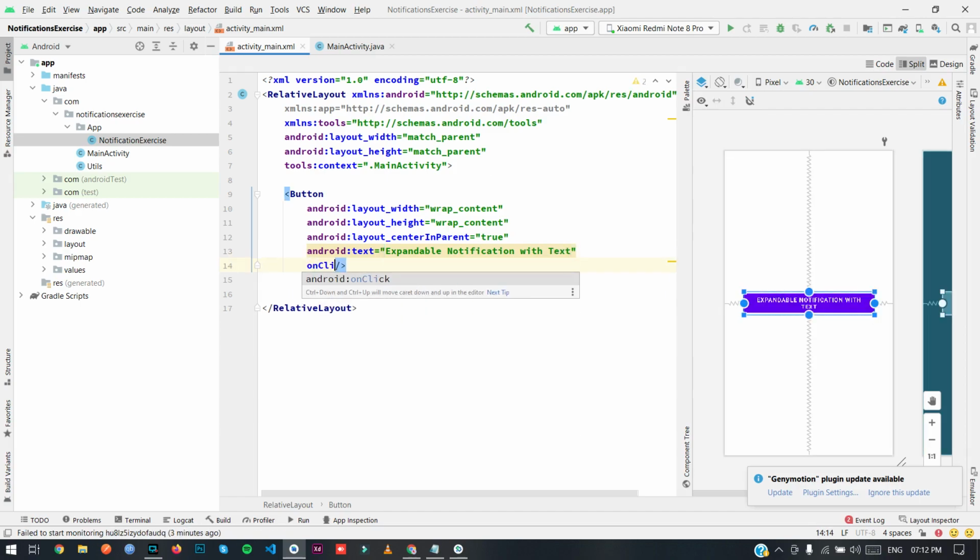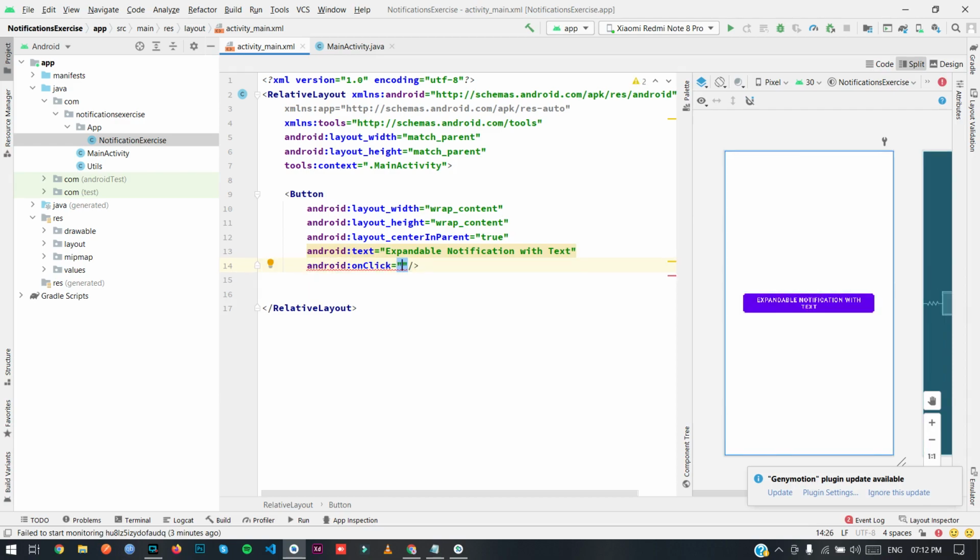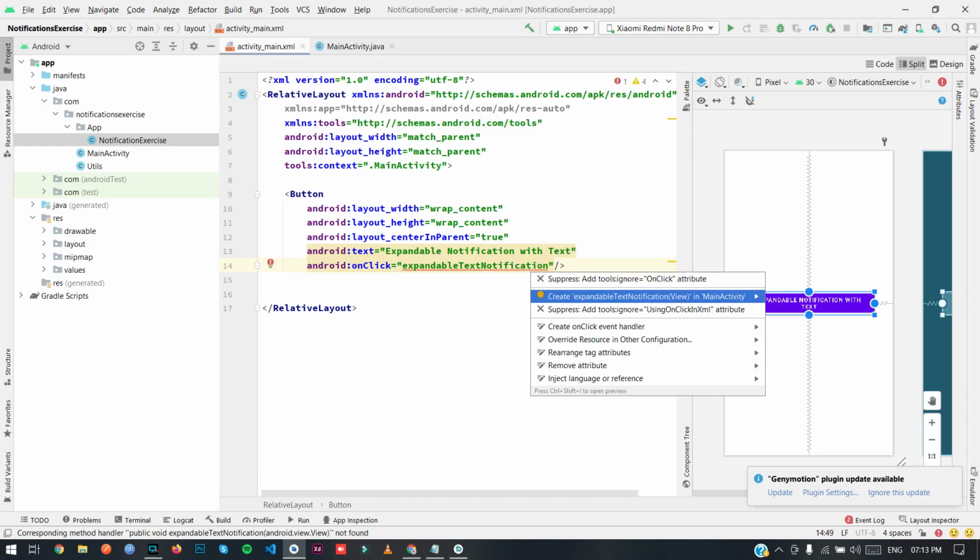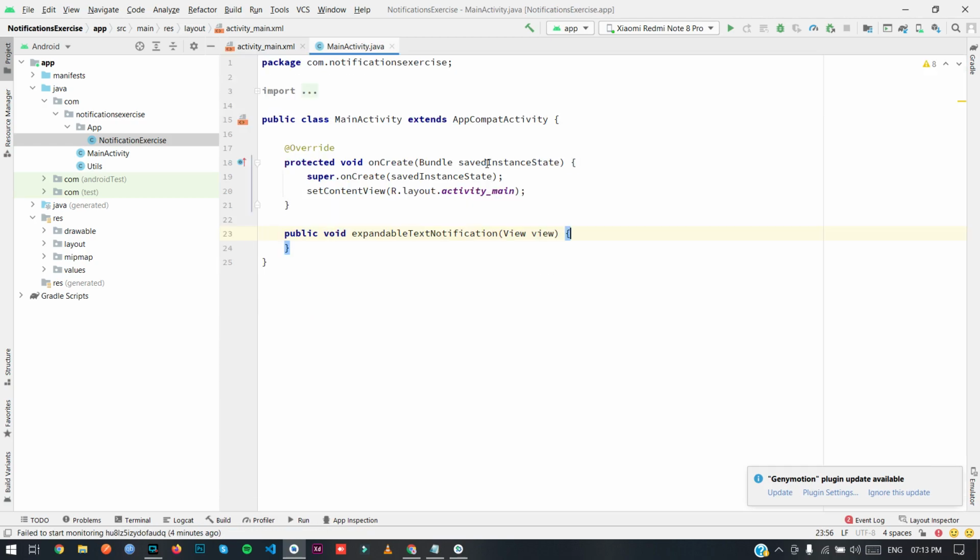And I'm gonna set an on click, expandable text notification. Press Alt Enter, create expand text notification method in main activity. Okay. So now here I'm gonna create an expandable text notification.